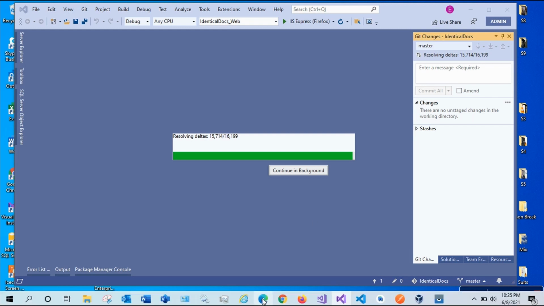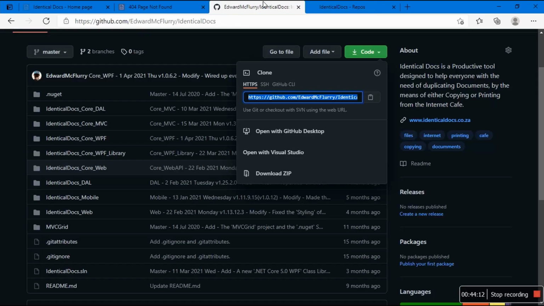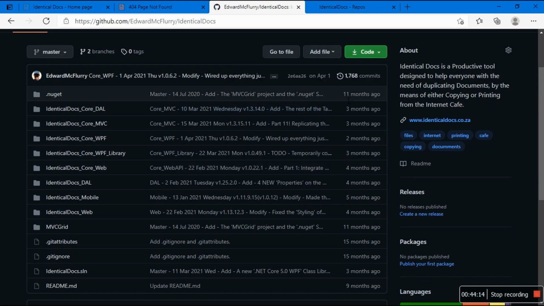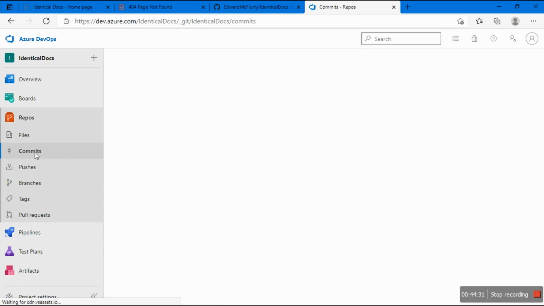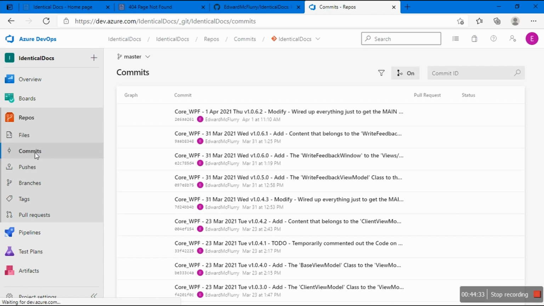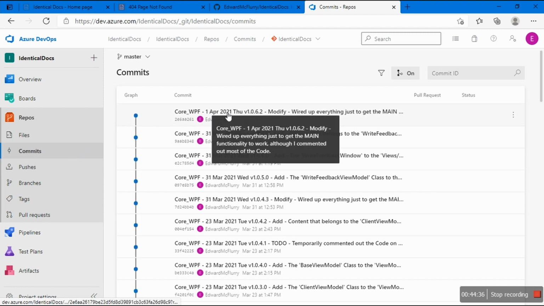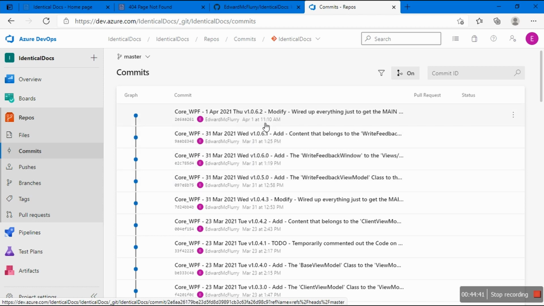And by the way, whatever is on GitHub is also on Azure DevOps. So let's see the latest commit. The last commit was on the 1st of April at 11:10. So we'll look at this commit. Let's see if that's the same thing. So let's go to commits. Let's see the most recent commit to make sure that everything is syncing, because it's very, very important. See, the 1st of April, what's the time? 11:10. And the commit ID ends with